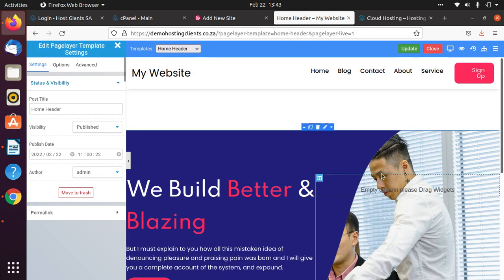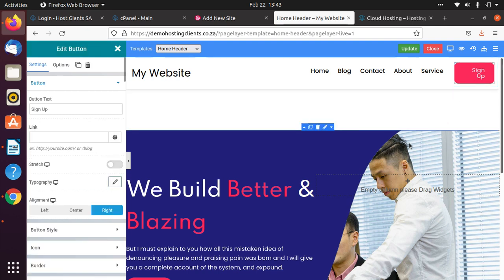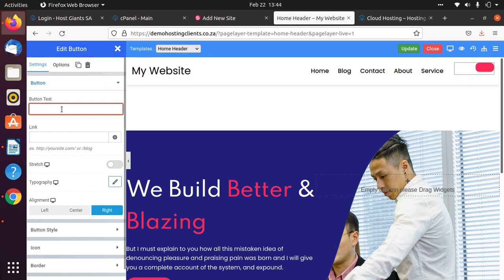From here this is where it's going to take us. We want to start by editing this sign up, and change it into get a quote. So what you do is you come here and click on the pen, and then you go to the left where it says sign up. You just click on this box, and then you start to edit from there. As you can see, it changes here as well. As you type, it's also going to change there, which is cool because it's real time. So we can say get a